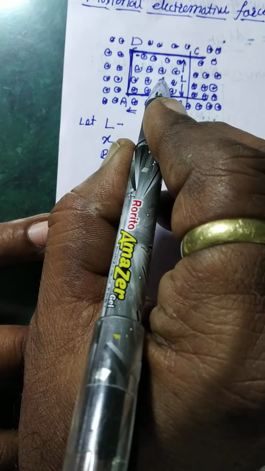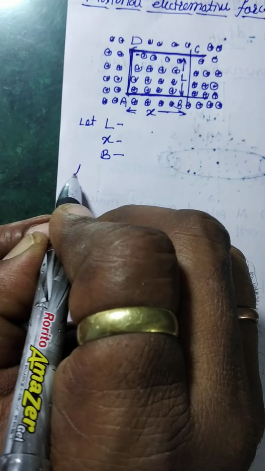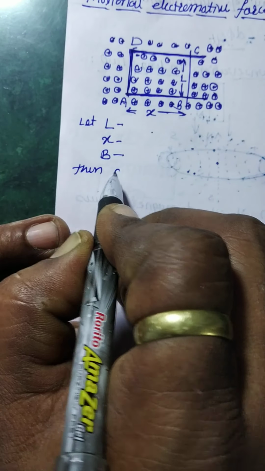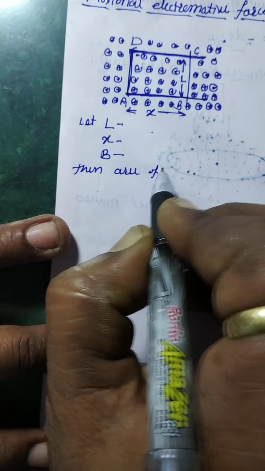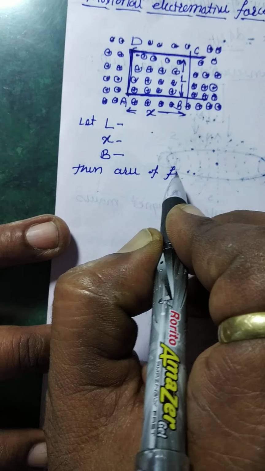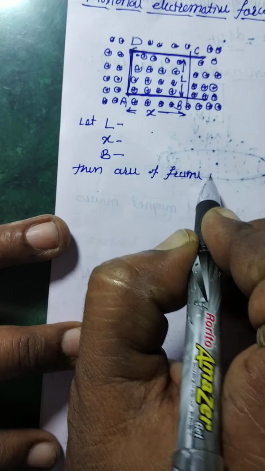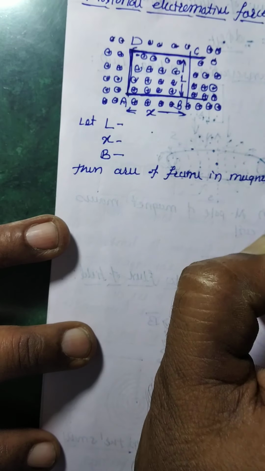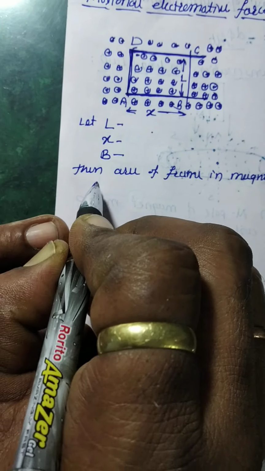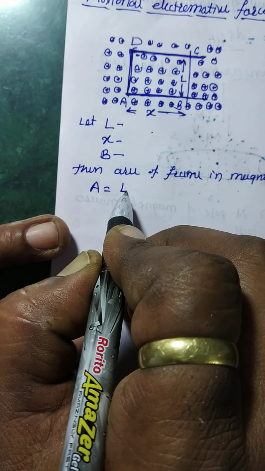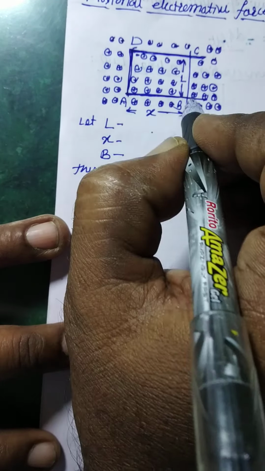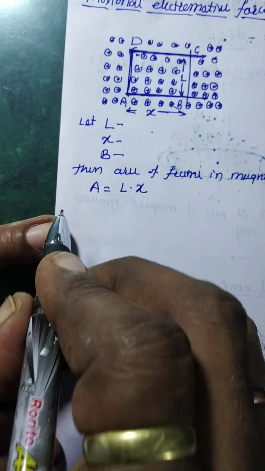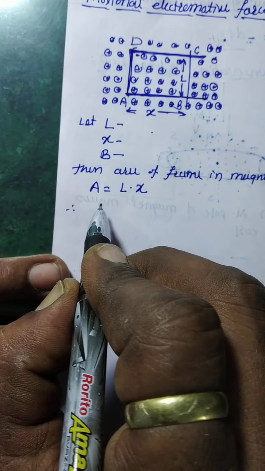Then the area of the frame in the magnetic field is A equals L into X, length into breadth. This is the area, and therefore